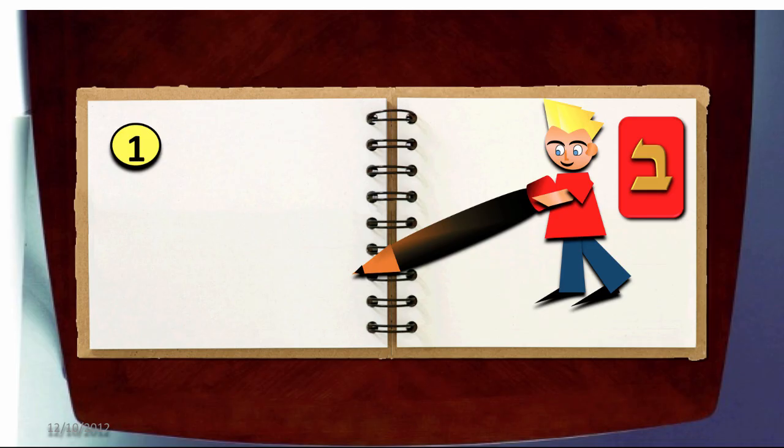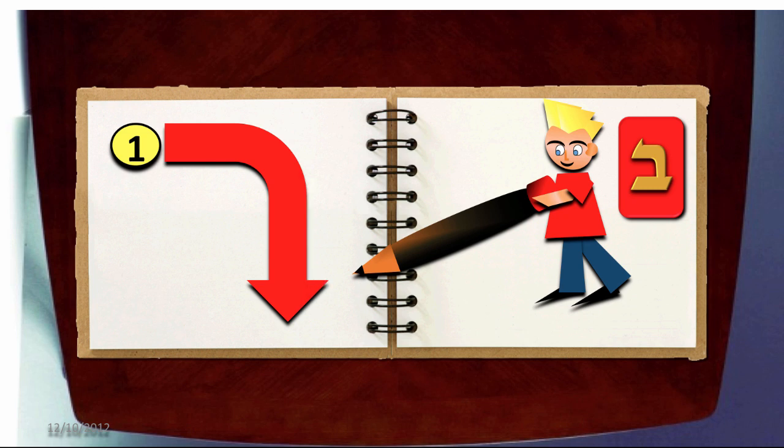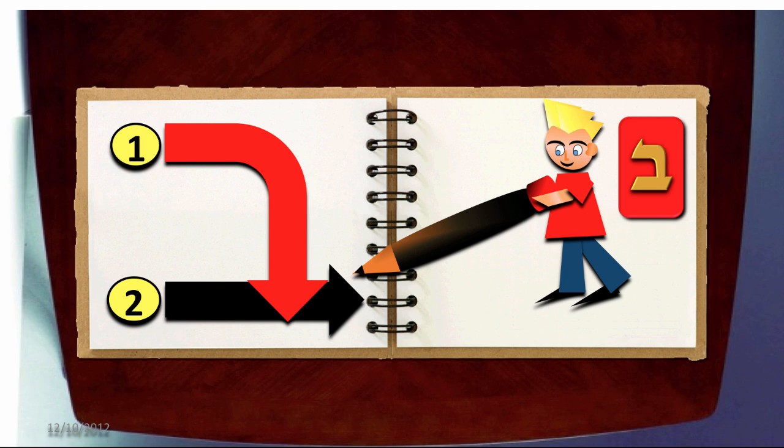So now you're ready to learn how to write a beit. Okay? So what you want to do is you're coming down across, and then you go down. Okay? So you're starting from the left, going to the right, you're curving and coming down. Now for the next line, next stroke. Okay, it's going to be horizontal. But what you want to notice is that it goes past the curve, and that's very important. You want like a little porch there, as Ben's pointing. That's a really important characteristic of the letter.